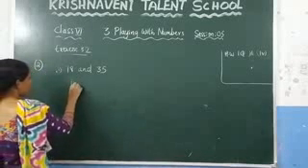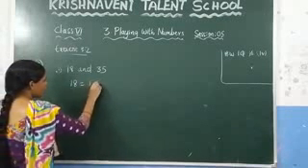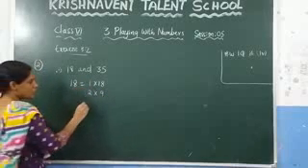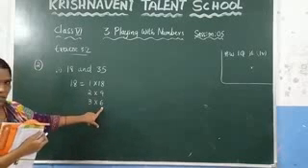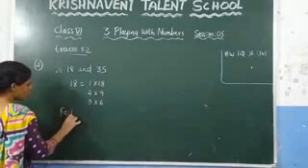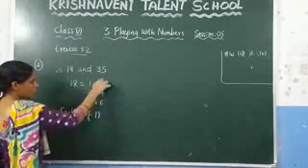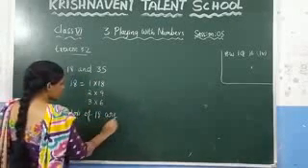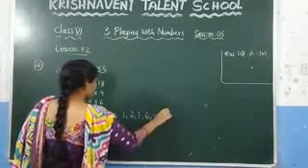So what are the factors of 18? If you want to find the factors of 18, how do you find? 1 into 18. Similarly in 2 table you will get 2 9s are 18. And after that in 3 table you will get 3 6s are 18. In 4 table you will not get, in 5 table you will not get, and 6 we already wrote, so just stop it. So what are the factors of 18? You can write in this way: 1, 2, 3, 6, 9, 18. These are the factors of 18. Therefore the factors of 18 are 1, 2, 3, 6, 9 and 18.